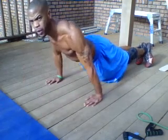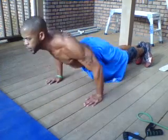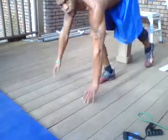1, 2, 3, 4, 5. Like I say, full extension on all of our push-ups. We're not trying to be in a race, and we want to get the main focus on what we're working on. So right out of that, we want to go into our